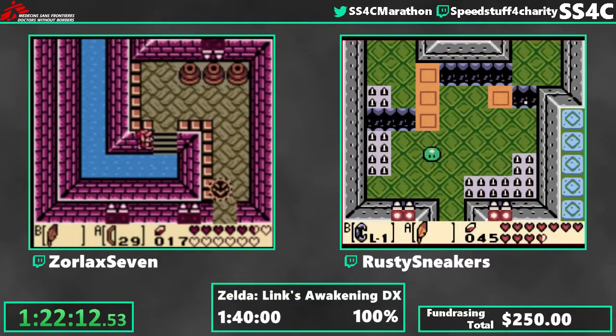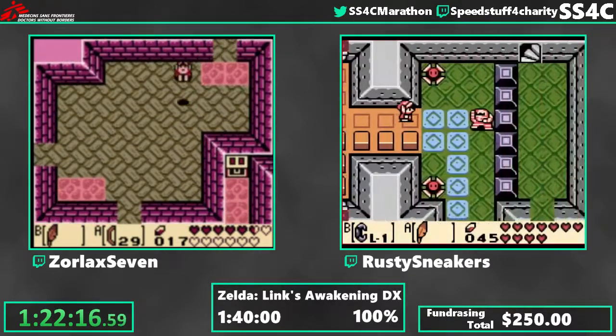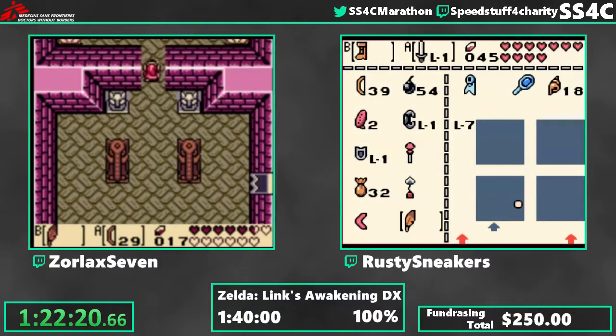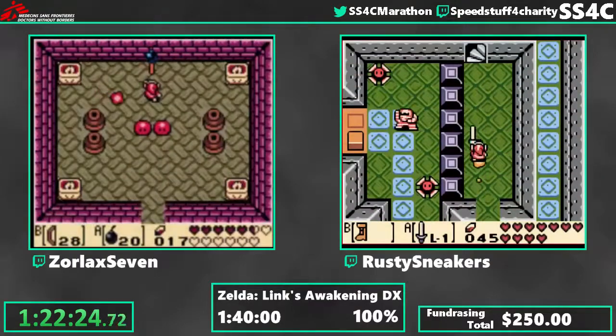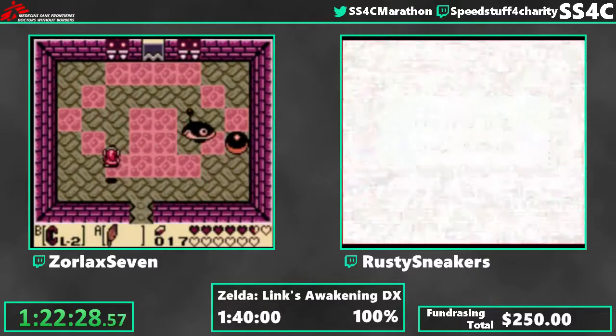And then we're just making our way to the boss now. Easy as pie. We have 1 more arrow to use in the run, which is right here. After that, we don't need any more arrows. Normally I like to waste them all, but I have like 30, so...